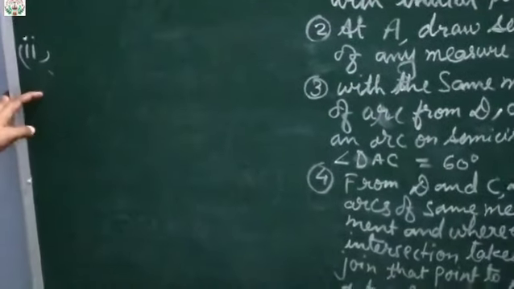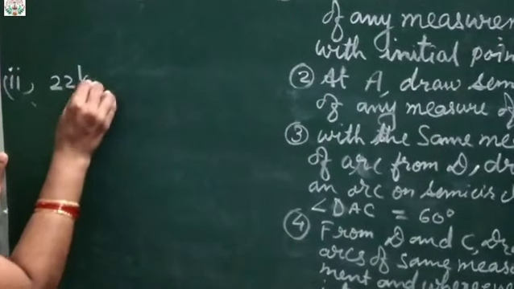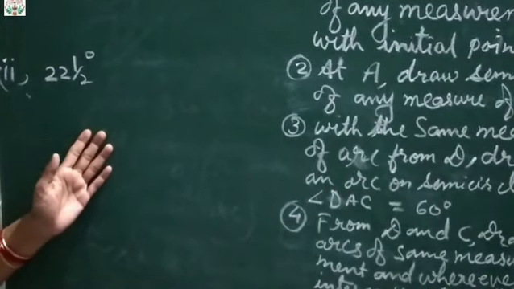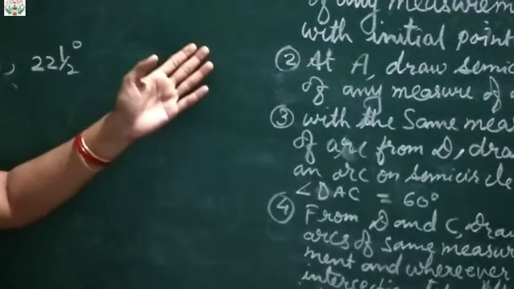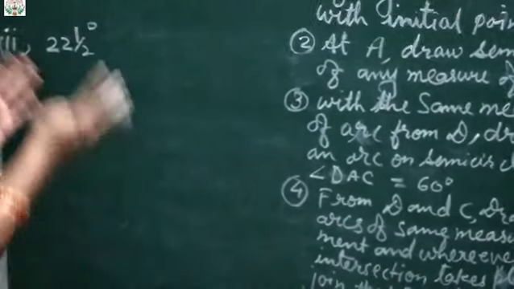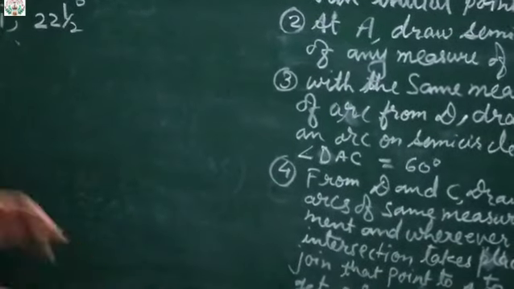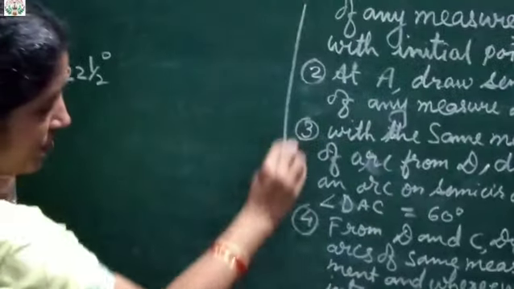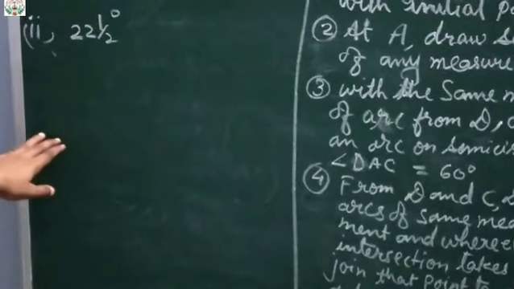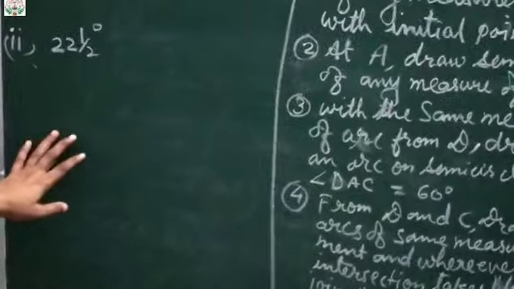What is given? How many degrees? That is 22 and a half degree. Now I will be drawing only the construction part. Step of construction already for 3 questions I have done. So you have to write the step of construction of your own. Whatever you are doing for the construction, same you have to write for the step of construction. This is for this question. Okay, question number 1. Now second one, only this construction I will be doing.